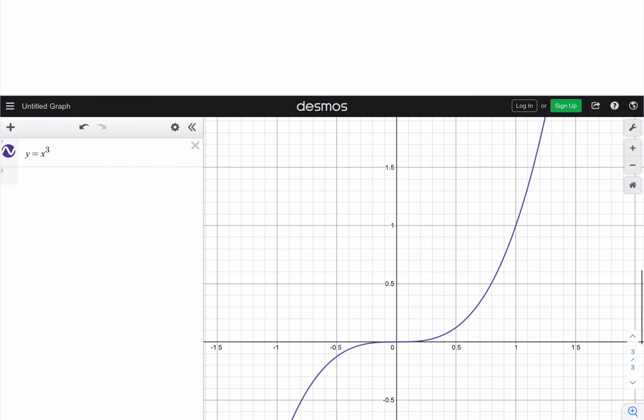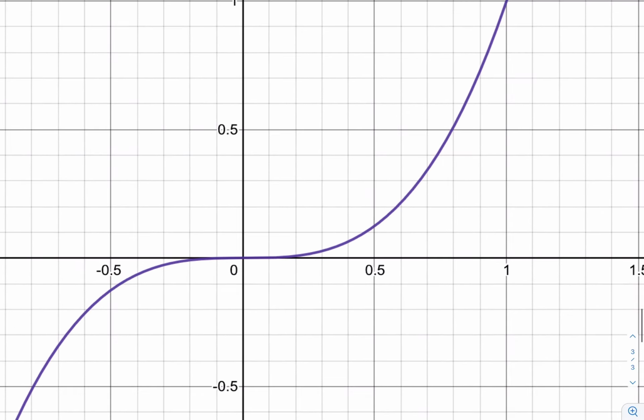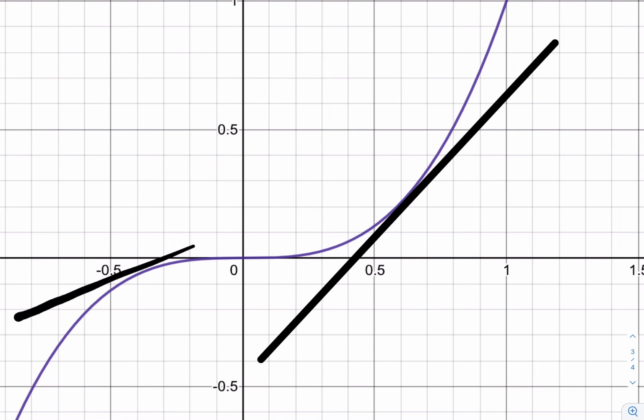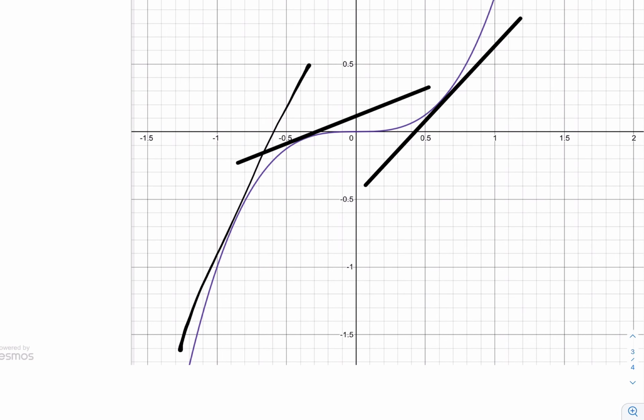But what happens when we have something like y equals x cubed? Okay, how can you figure out the slope of this? Well, you can't really talk in terms of what's the slope of this, because the slope of the line right there is going to be different from the slope over here, right? So they're different steepness, and as you move further to the left, it's going to get steeper and steeper,